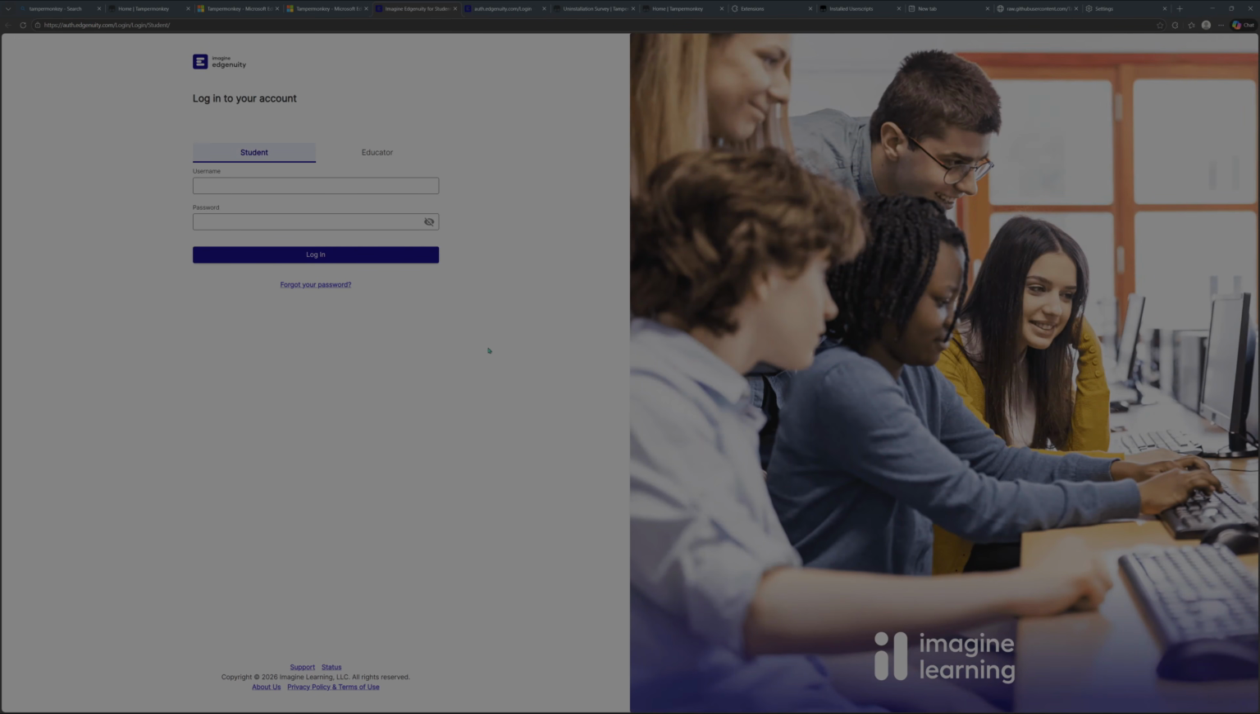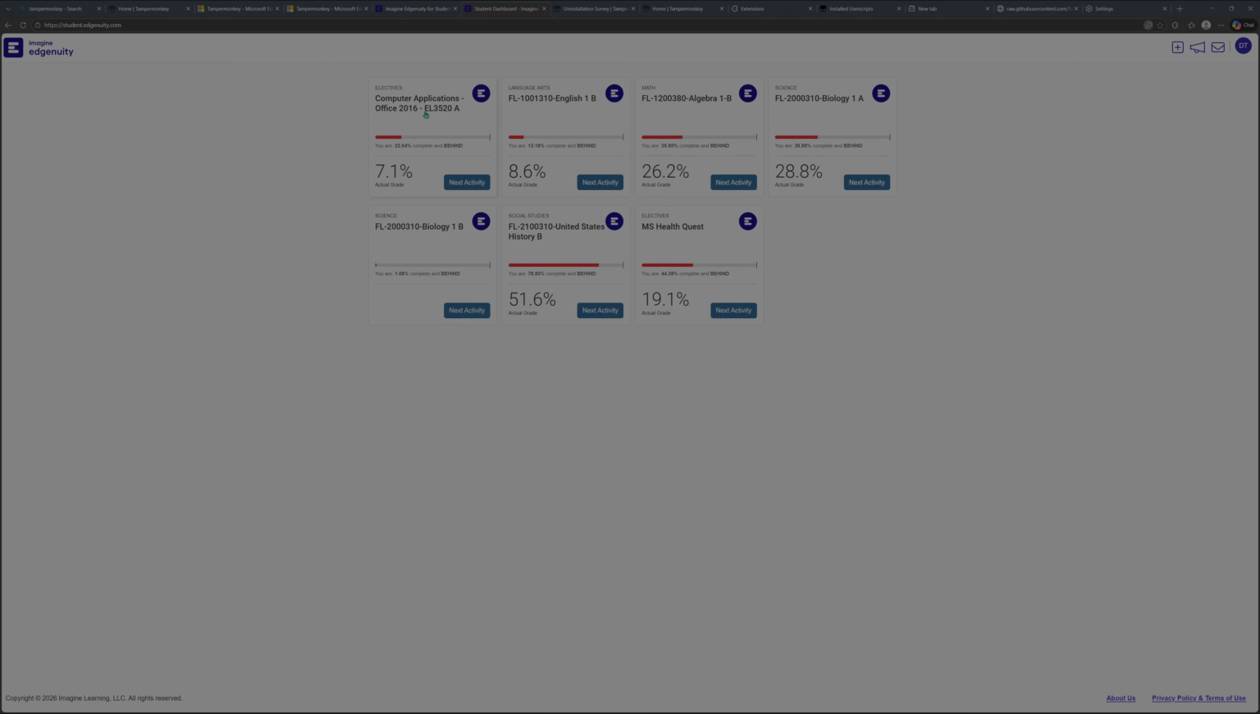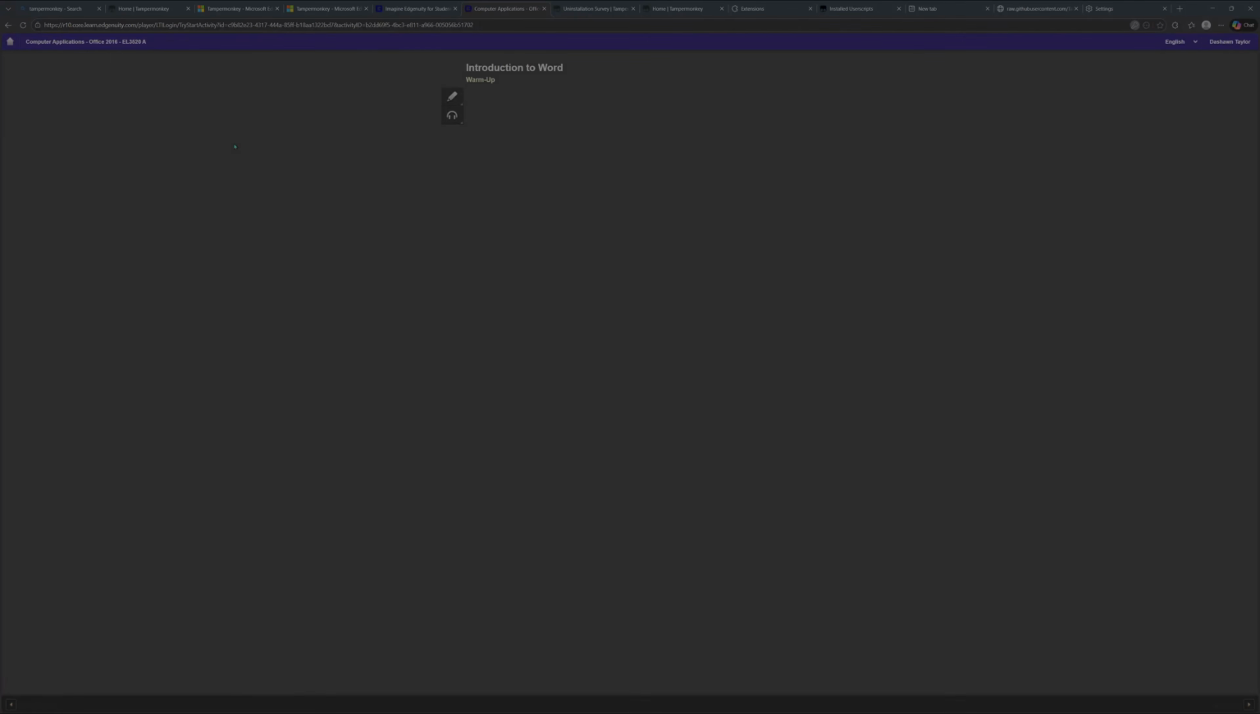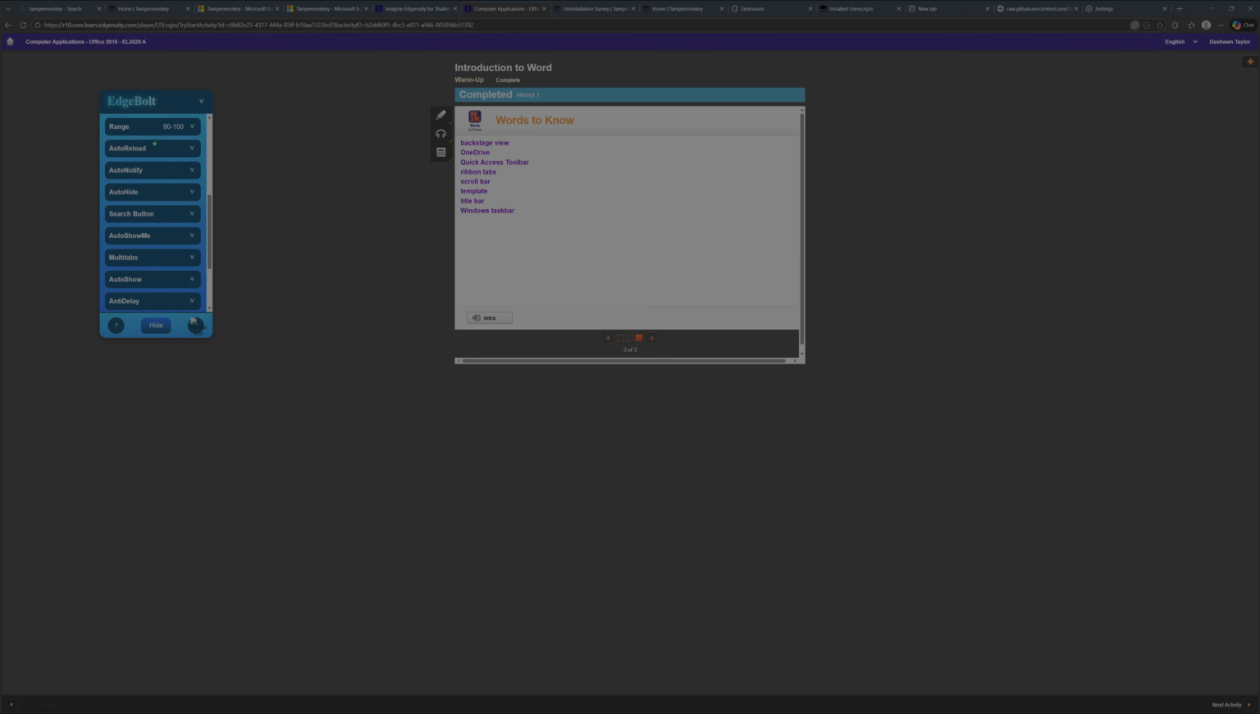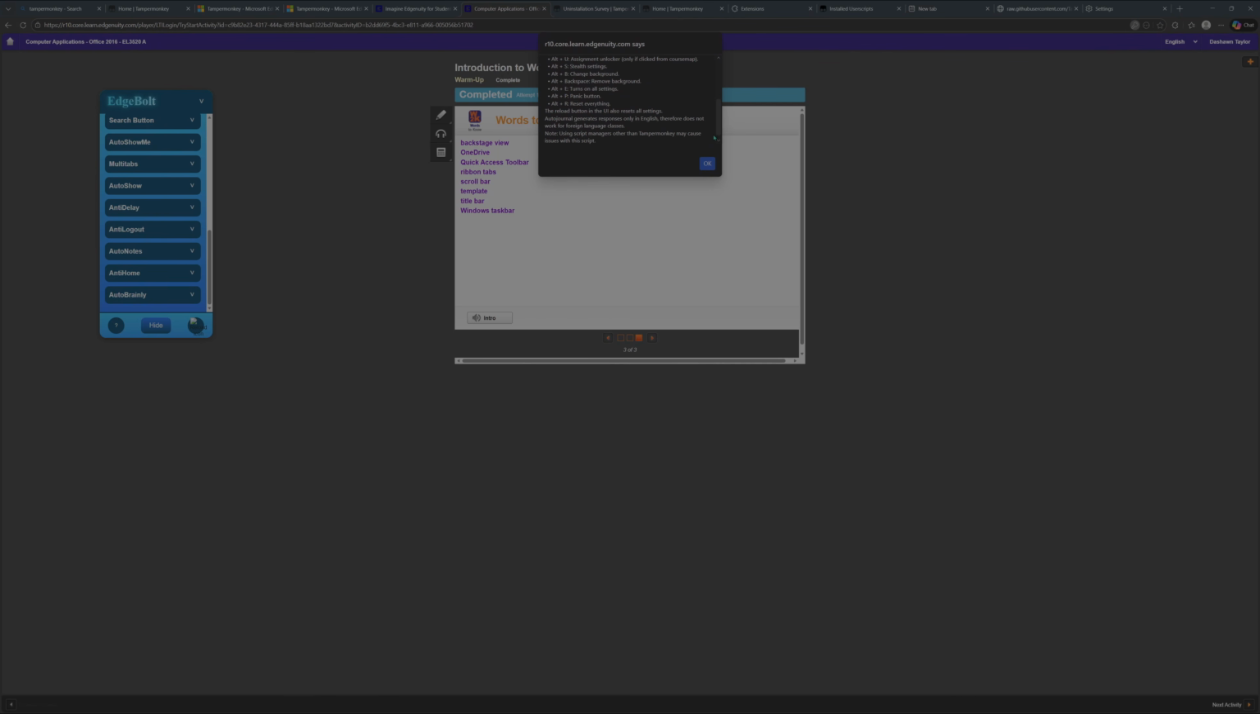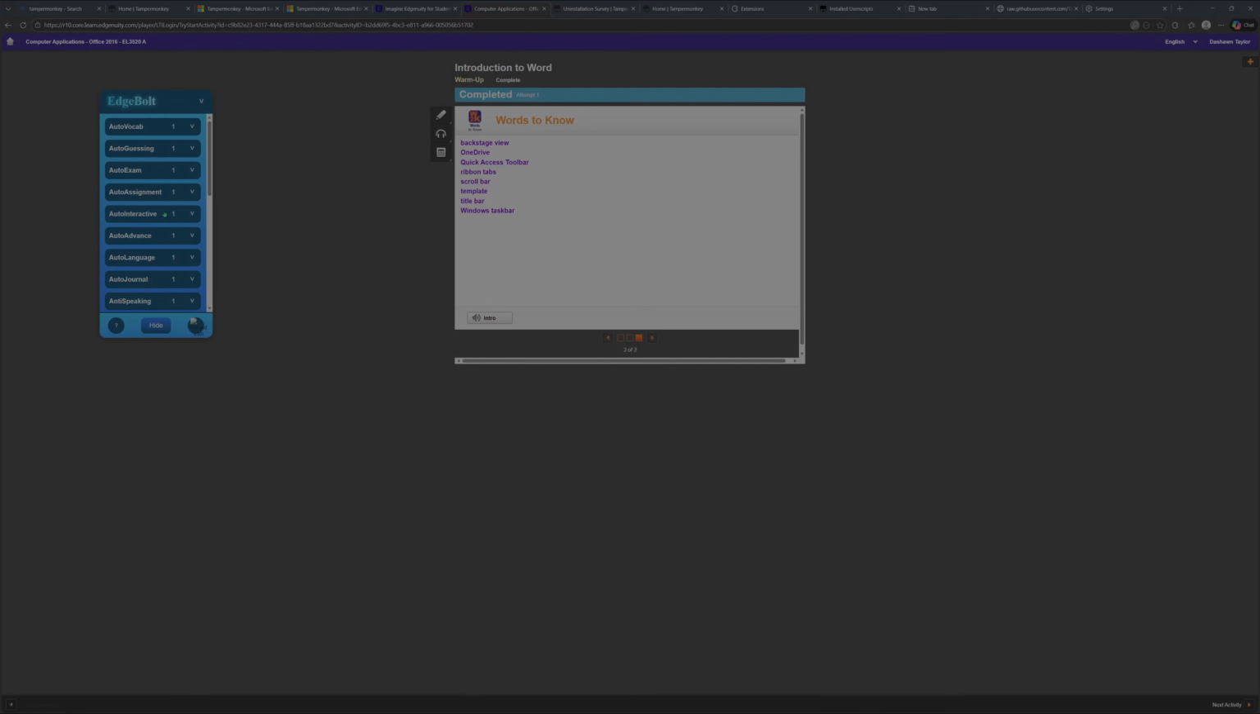And yeah, you'll see you get kicked out. Log back in, and then open any activity, and you'll see the EdgeBolt UI. To learn how to use it, click this question button over here. It'll tell you everything you need to know. Otherwise, you'll want to scroll down, and usually the first thing you want to do to prevent it from being throttled is click,